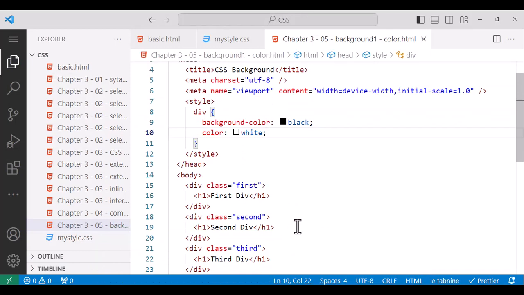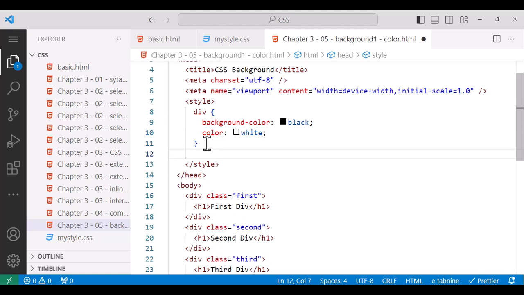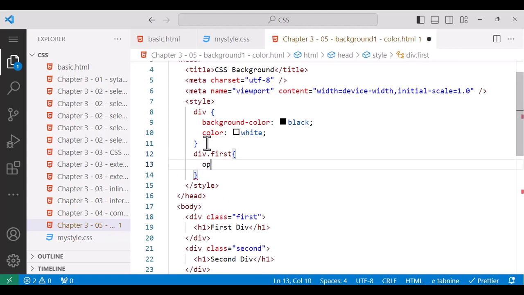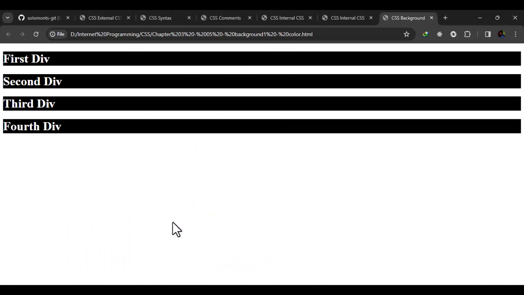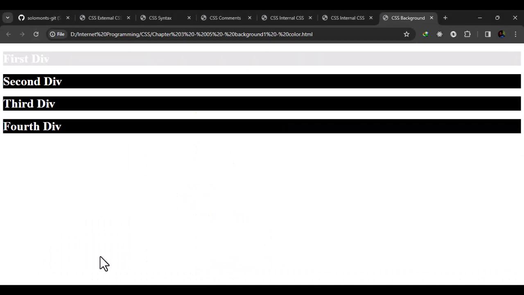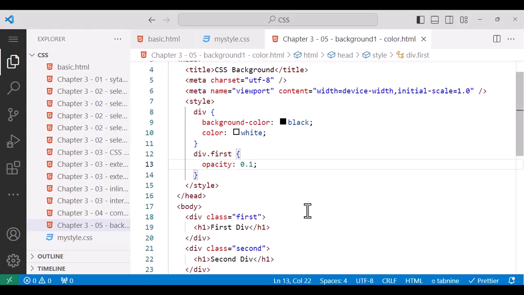So in order to apply opacity, a behavior which changes the transparency of the page, we can create it by simply selecting the div element. Then for the first element, for example, I wanted an opacity of 0.1, which means that it is almost transparent. So it becomes somehow white. We see a little black element as the background. As the opacity increases,